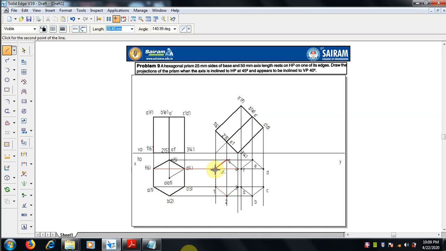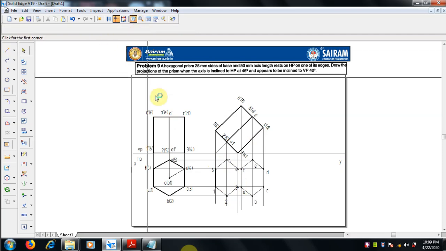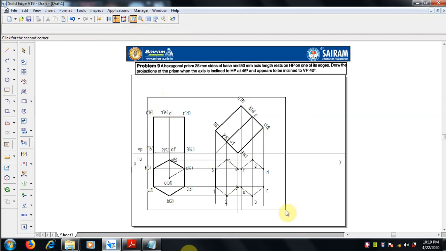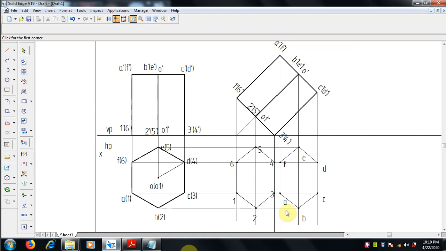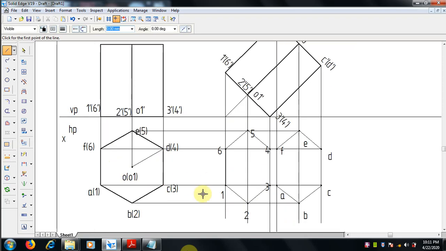This is the bottom, and always select the edge points to check it. Zoom it for better clarity, and unwanted lines, you have to delete it, make it clear.